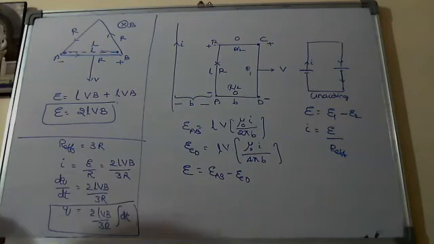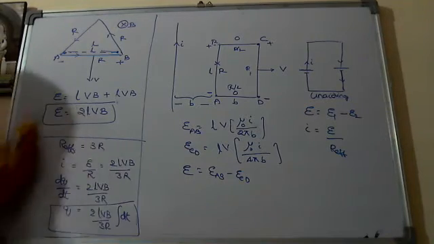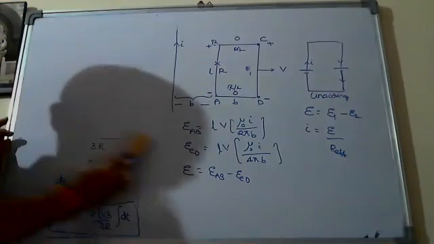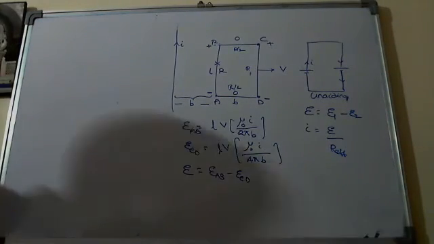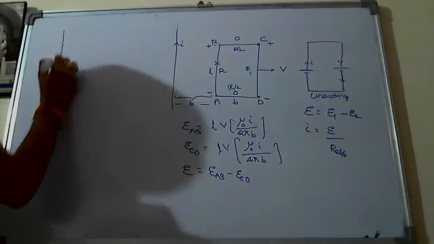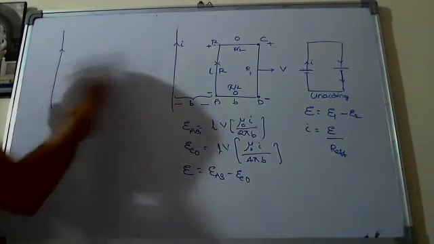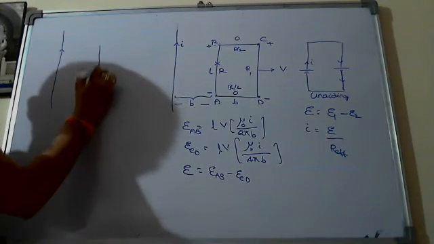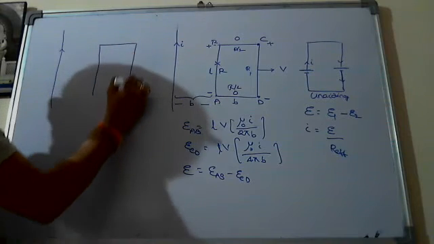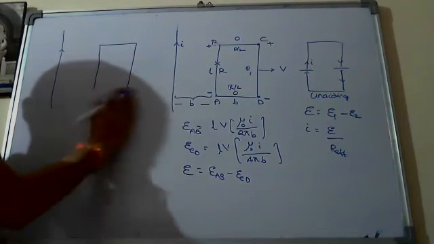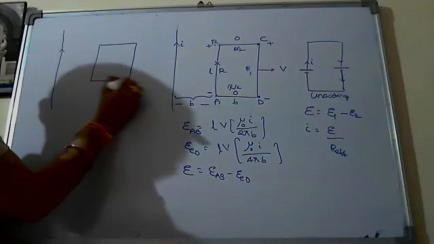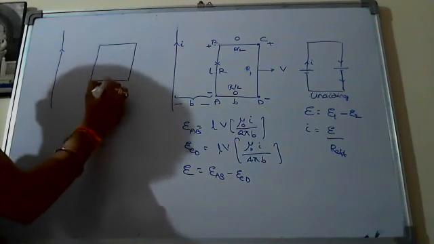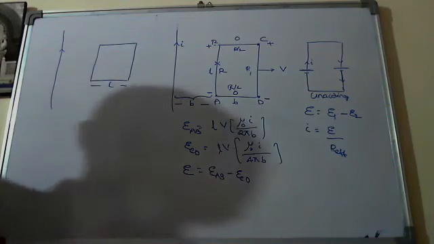Okay, but same question, suppose they ask in exam, like here, same infinite straight conductor, but it is not in motion. It is just placed here. Suppose you consider it as a square loop so that all sides are equal, easy to solve. Okay, all sides are equal. Each side length you take it as L.